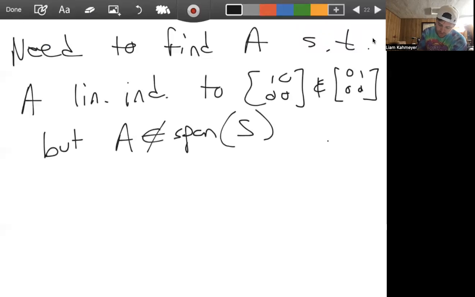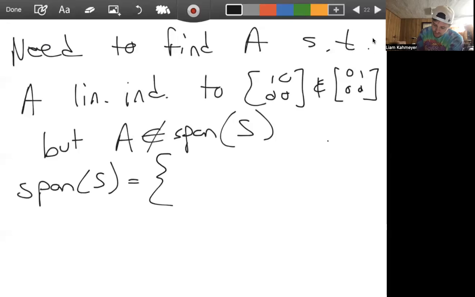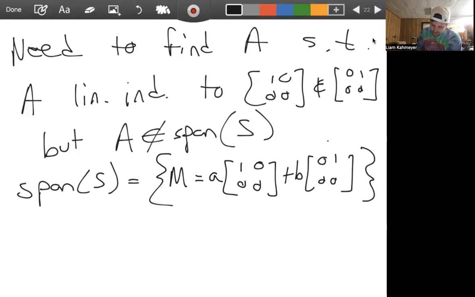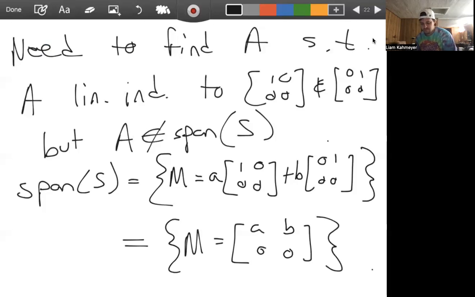Well, what is the span of S? The span of S is the set of all matrices, let's say capital M, such that M equals A times [1, 0; 0, 0] plus B times [0, 1; 0, 0], right? This is the span of S. It's a collection of these matrices, i.e. it's matrices that look like [A, B; 0, 0]. What then, right? We need to find a matrix that is linearly independent, or that cannot be written as [A, B; 0, 0]. And you might see right away,